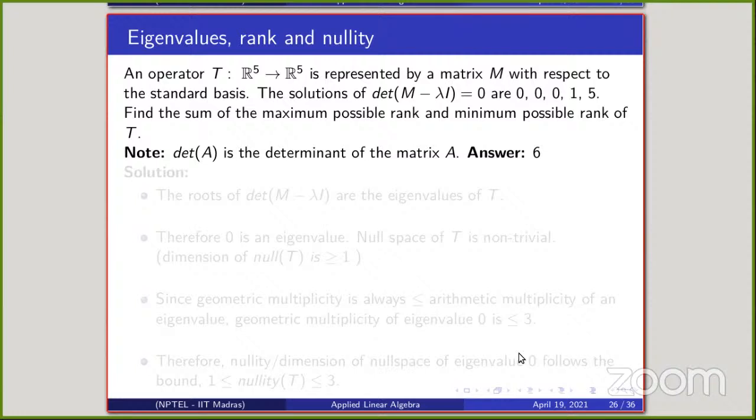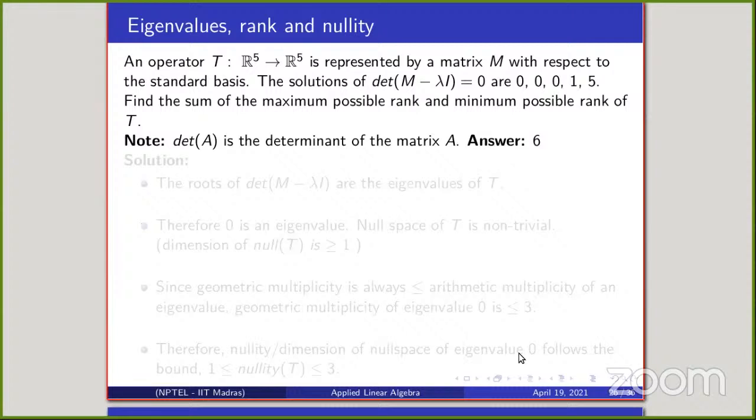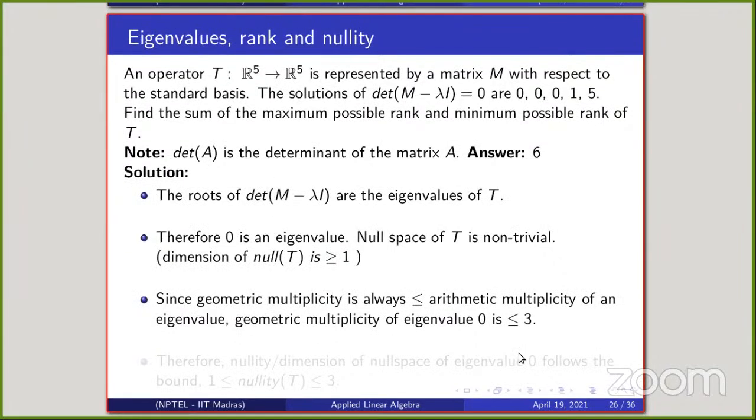This means that 0 is an eigenvalue of the operator T, and since it is an eigenvalue, there exists at least one non-zero vector V such that TV equals 0 times V, which is 0. So the null space of T is non-trivial. That means the dimension of the null space of T is at least 1. And since we know that the geometric multiplicity of an eigenvalue is always less than or equal to its arithmetic multiplicity, the geometric multiplicity of the eigenvalue 0 is less than or equal